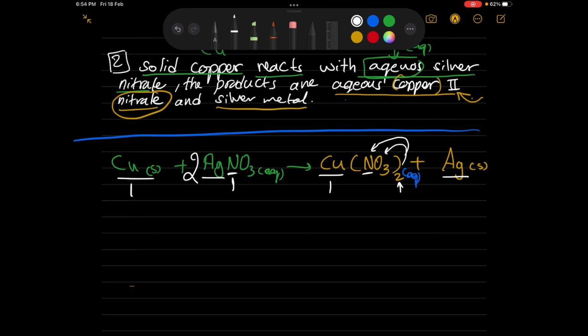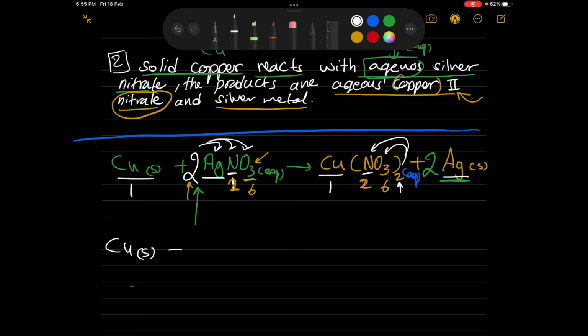But we have another problem. If you multiply this by 2, you're multiplying the whole compound: Ag, N, and O. So the number of nitrogen here is 2. We have 6 oxygens because we have 3 multiplied by 2, and here we have 6 oxygens. Really cool. And we have to go back again. Silver is multiplied by 2 in here, right? But here it's not. Then we multiply it by 2. Then the equation will be like